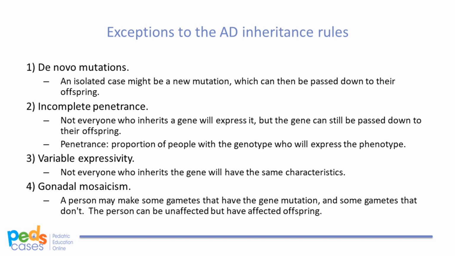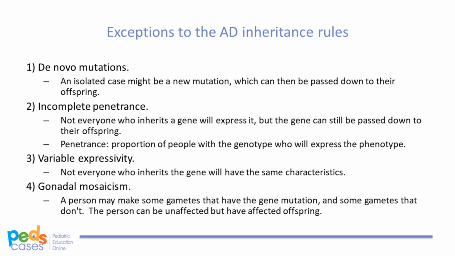This means that individuals of the same genotype do not necessarily have the same phenotype. A condition can be associated with a long list of possible features, and each affected individual won't have every single one. In gonadal mosaicism, some of a person's gametes possess a mutation that may not be present in other tissues